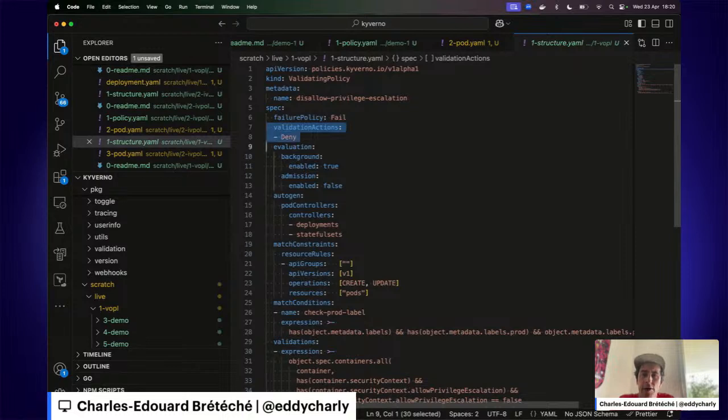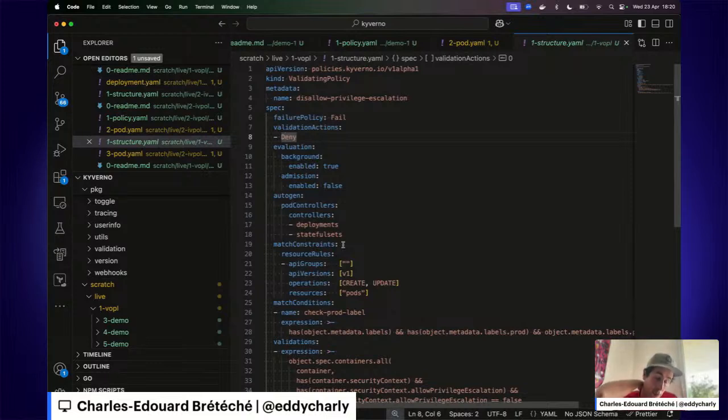We have another element called validate actions. It can be a combination of deny, warn, or audit. And of course, deny will reject the request if the validation rules are violated.